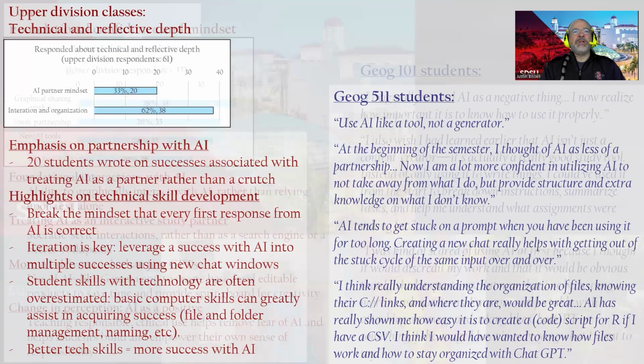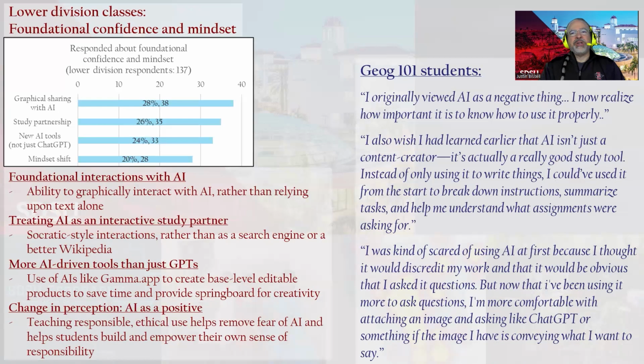In my intro-level classes, the insights were more foundational and mindset-oriented. 33 students highlighted the discovery of new AI tools like Gamma.app. Students know from peer conversations and from social media how prevalent AI has become in the workplace and what a critical tool it is when moving forward with their careers, and they want to explore the possibilities outside of some simple chats with GPTs. They want to try video and graphic editing, presentations, and music.